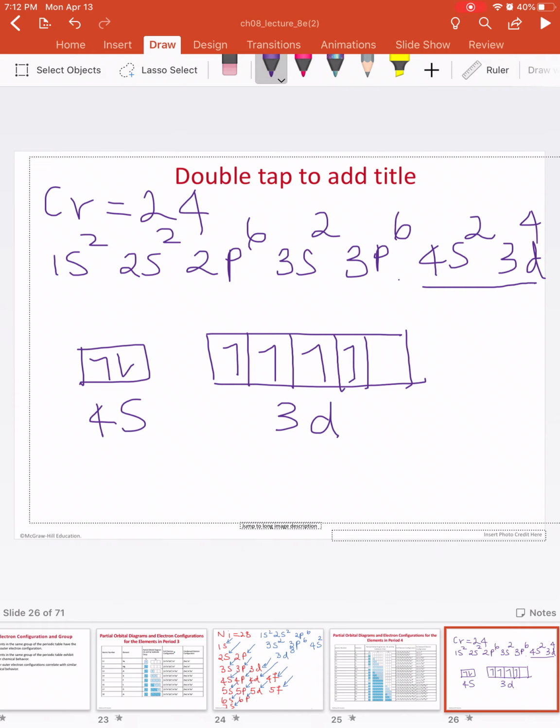Normally these orbitals become stable when they have a half-filled level or a completely filled level. Now the 3d can hold up to 5 electrons. Right now it has 4. So what's going to happen? This is going to be 4s2, 3d4. To make it more stable,